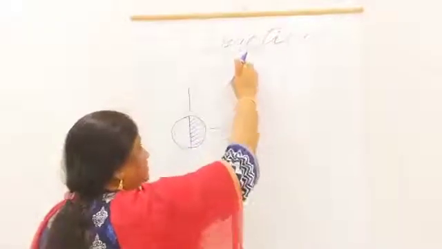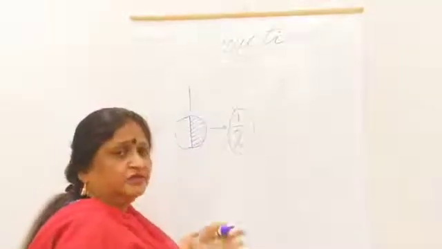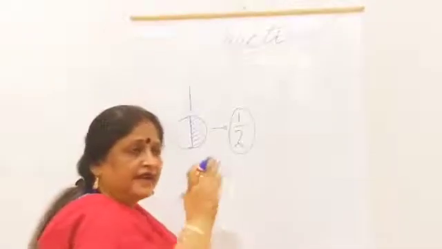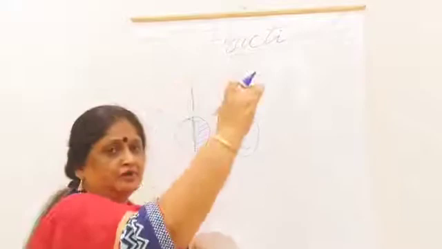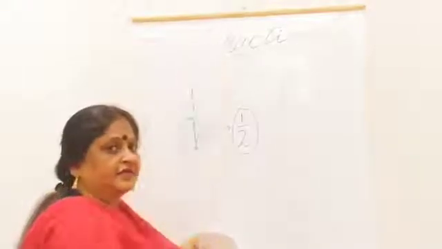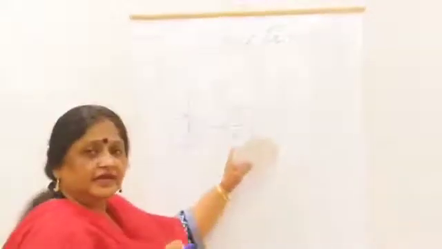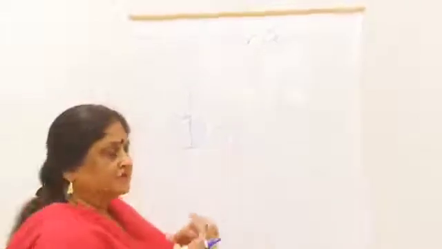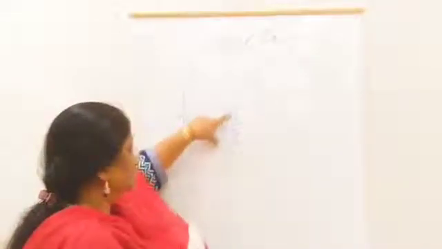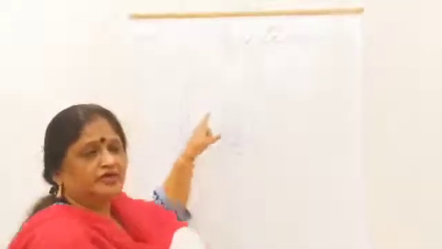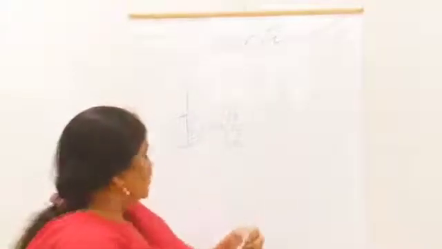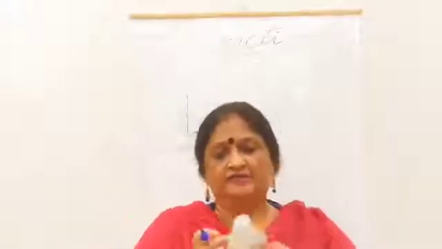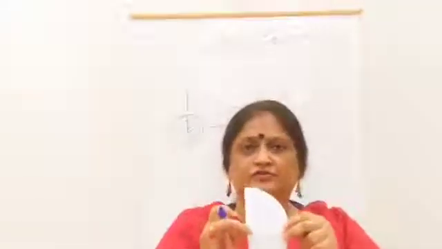What is fraction? When we divide an object into equal parts and use some of those parts, the way we write the number of parts used out of the total parts is called fraction. Fraction is always written in this way, 1 upon 2 or 2 upon 3. In a divisional form we write fractions. Alright.